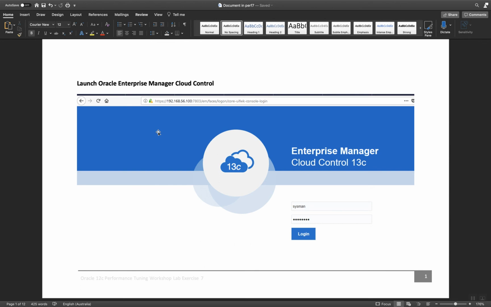In the time when it ran, those details came into OEM, and in OEM we selected that query, we clicked on tune SQL, and we did it immediately. It went on and it suggested that you need to create a SQL profile, and before you implement it, it gave an option to compare those profiles, and it showed that if you implement a SQL profile, there would be a 91.3% improvement in